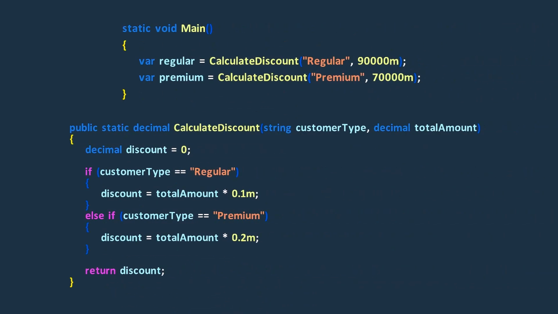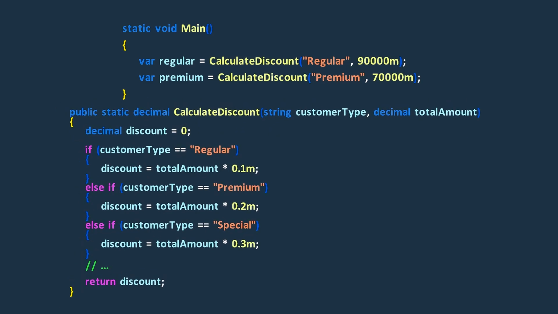Alright, let's consider another example. Here, we have a method called calculateDiscount that calculates the discount based on the customer type. The customerType parameter in this method determines the discount calculation logic. As the number of customer types increases, the method becomes more complex and harder to maintain. To simplify the code, we can use the replace parameter with explicit methods refactoring. We'll create separate methods for each customer type.